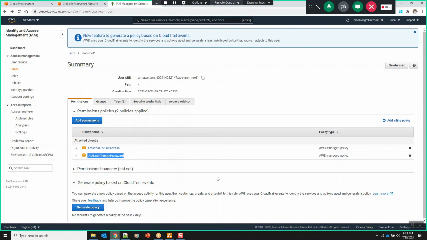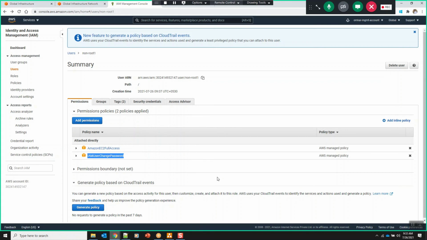Now did you understand the difference, Ruchi? Users and policies are completely two different entities, Ruchi. We are just mapping it.